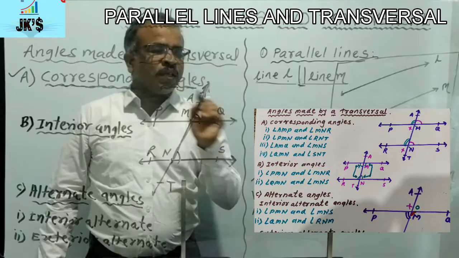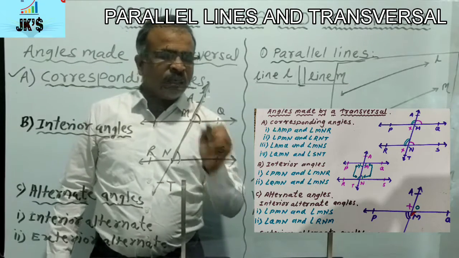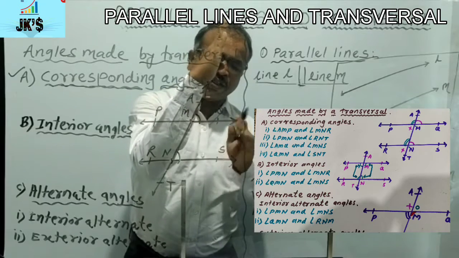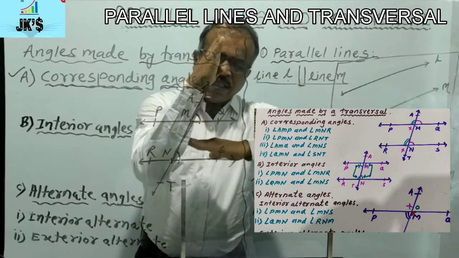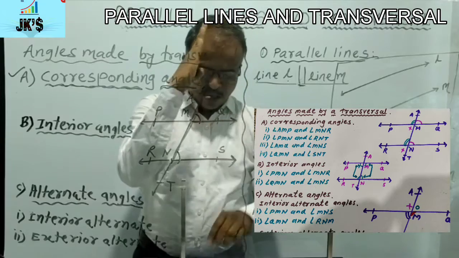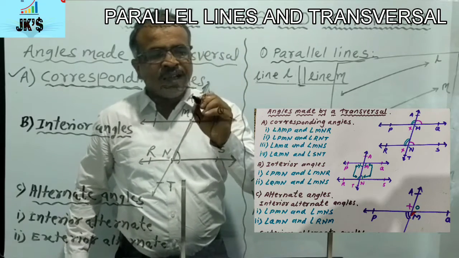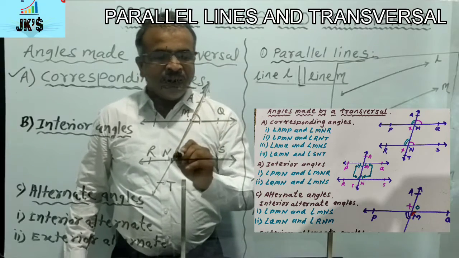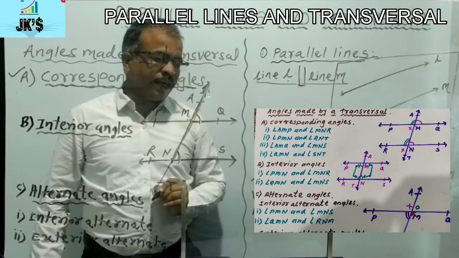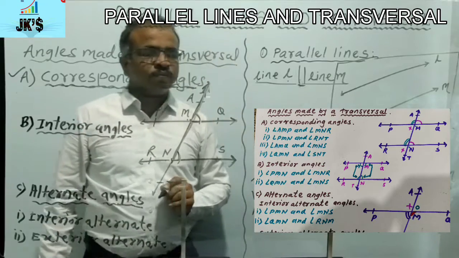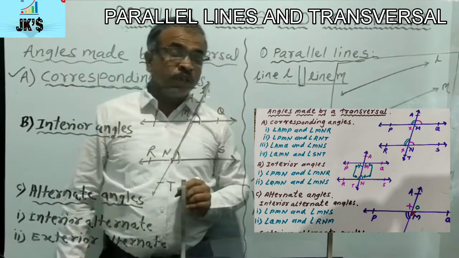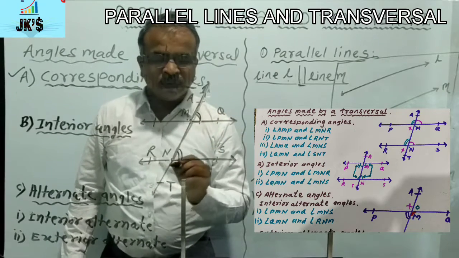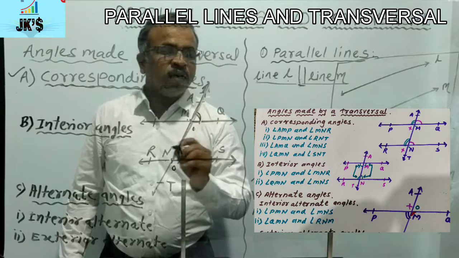Means angle AMQ and angle MNS. The arms on this transversal are in the same direction and the remaining arms are on the same side of the transversal. Hence, this angle AMQ and this angle MNS are corresponding angles. In this way, there are 4 pairs of corresponding angles. This is the first pair. This is the second pair, angle